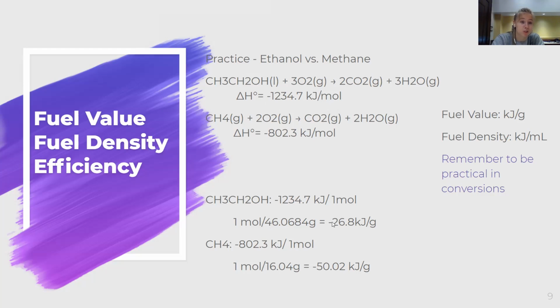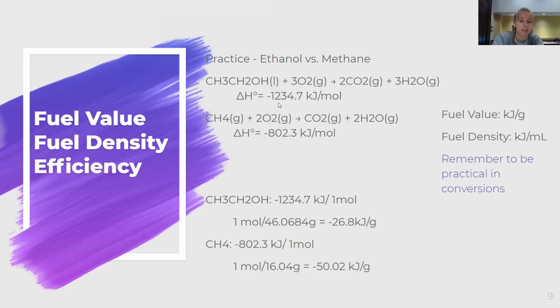You can also just go straight to dividing by molecular mass. You don't really have to set up those fractions if you understand what you're doing. But ultimately, you're just going to get the negative 26.8 kilojoules per gram, and the second one will be negative 50.02. What's super interesting about fuel values, and this is why you need to convert it to grams to understand what you're looking at,